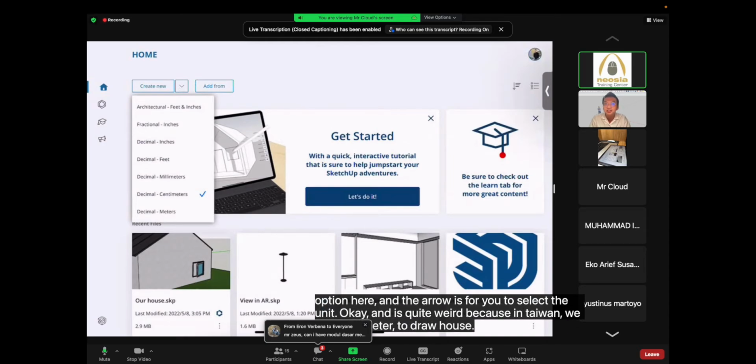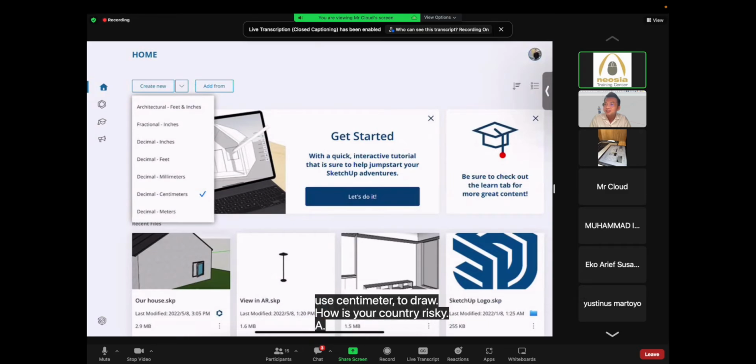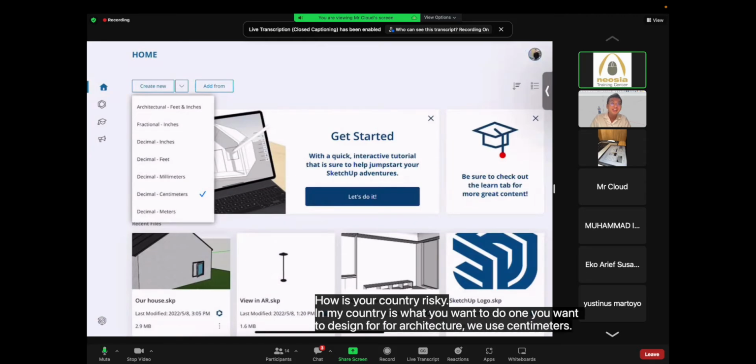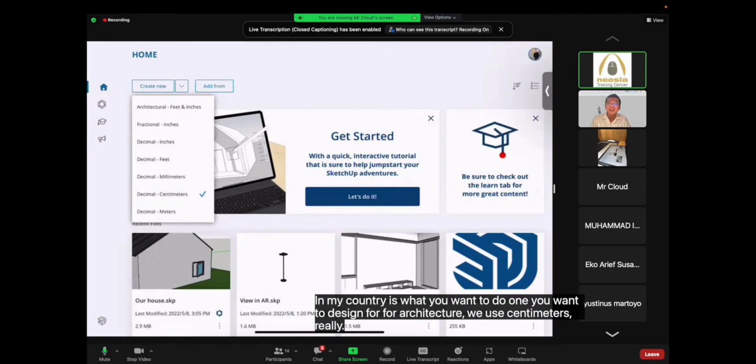It's quite weird because in Taiwan we use centimeters to draw. How is it in your country, Risky? In my country it depends on what you want to do, what you want to design. For architecture, we use centimeters. Really? I think Taiwan is the weirdest country because